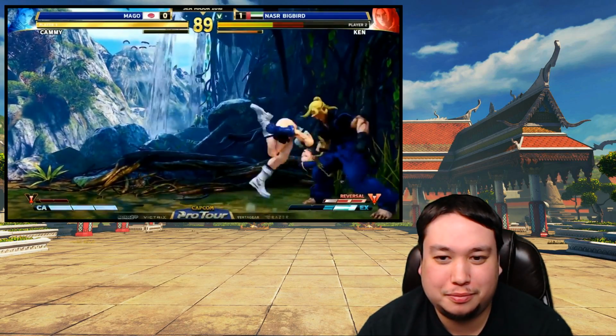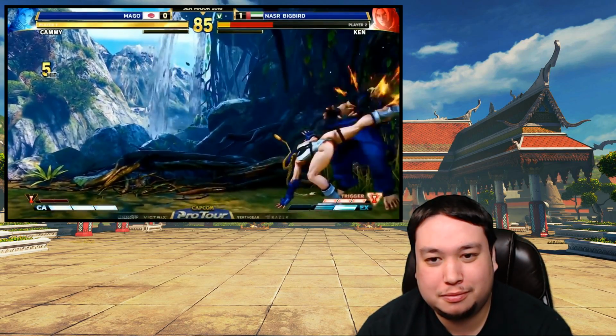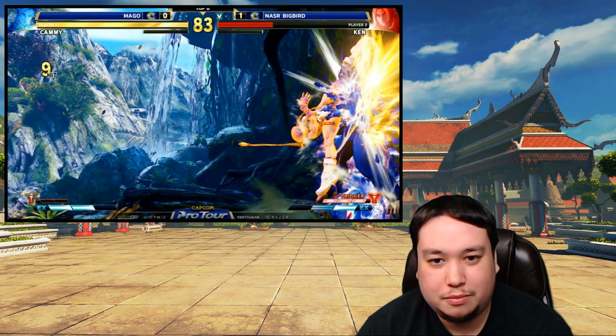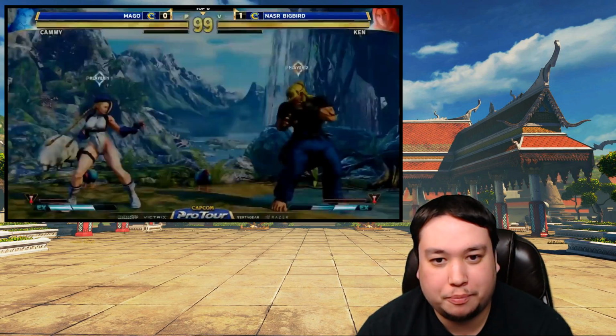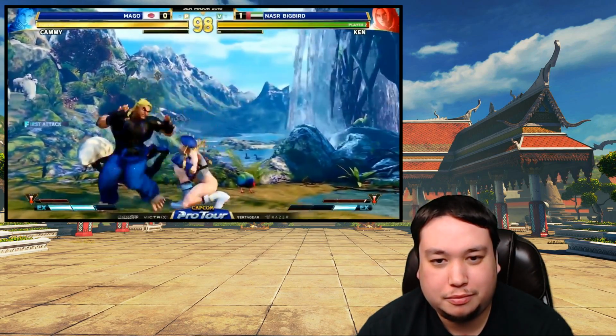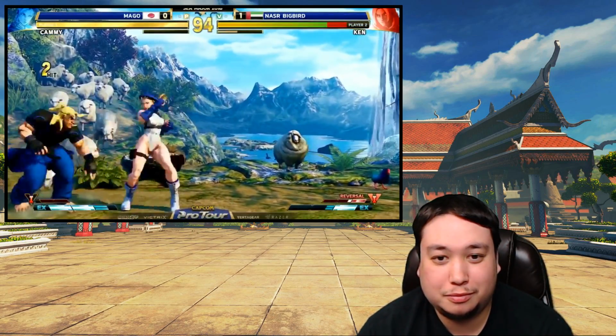Yeah, and having less input lag will just make a bunch of things easier, including just walking forward and blocking overheads, all that kind of stuff. Where it involves reactions and fast movements, that's all going to be easier. Right. Now, how much easier is that going to be? Well, I mean,